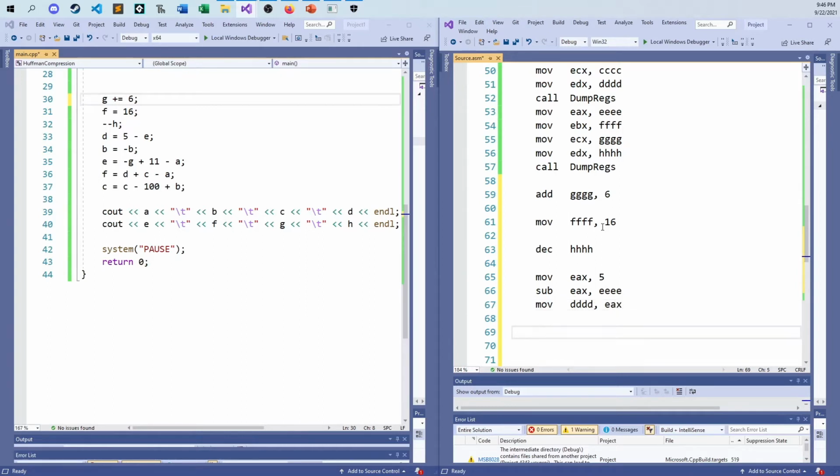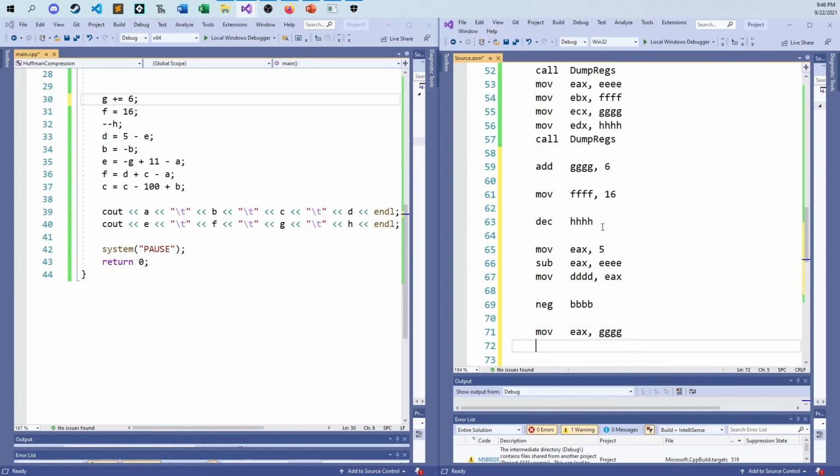Okay, so then B equals minus B. That's just the same as negating B. All right, so I've done 5 operations so far. Now what I can do is move G into EAX, negate it,